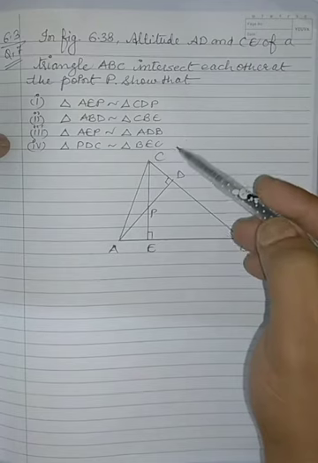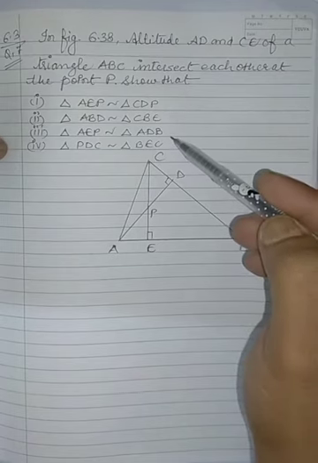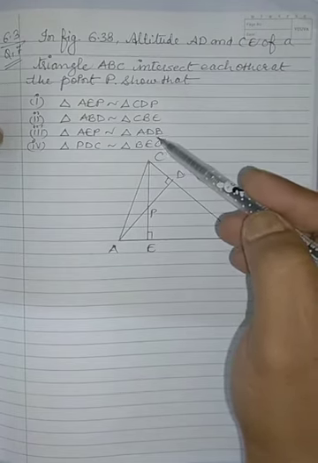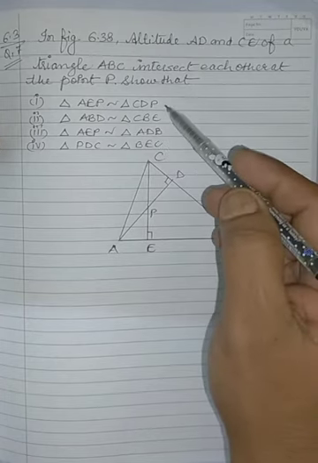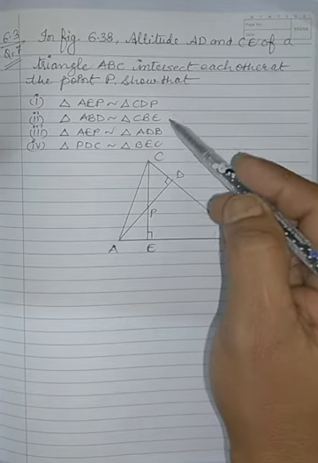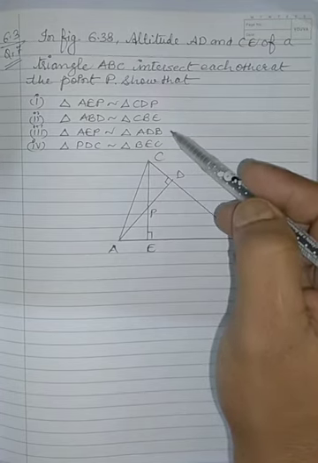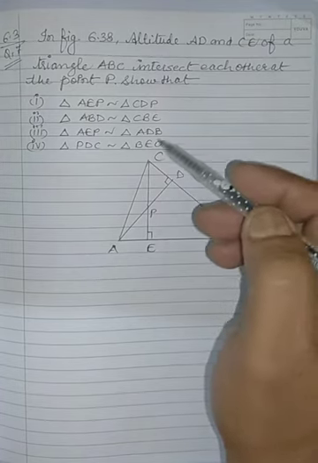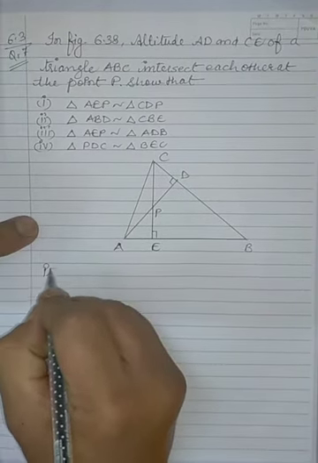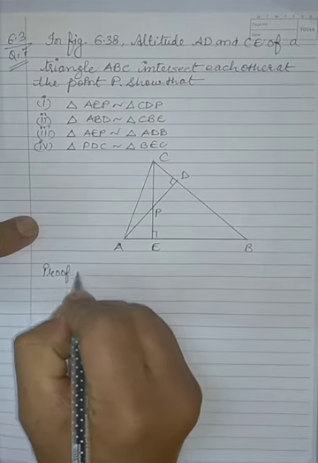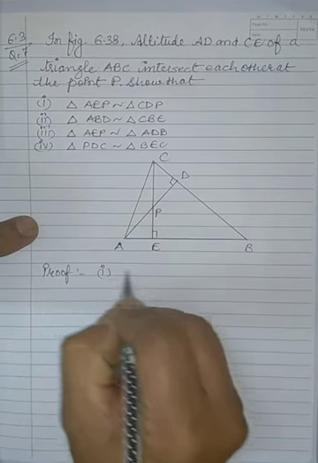All the 4 parts are to be done with the same pattern, the same criteria, that is the angle criteria. So I'm going to solve the first part for you, and the remaining 3 parts you can do yourself, as they all are to be done with the same method. So let us take the first part, proof. What's the first one?